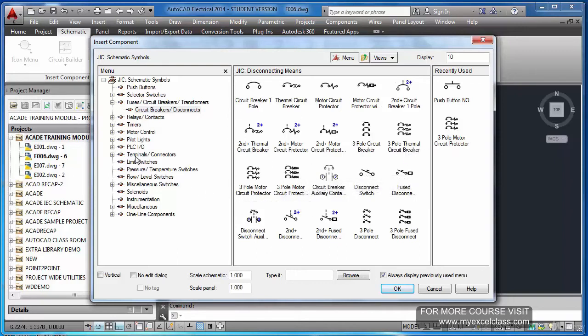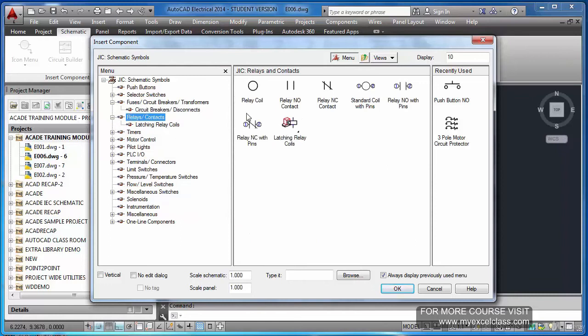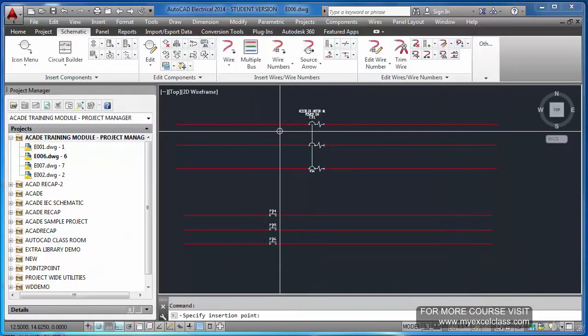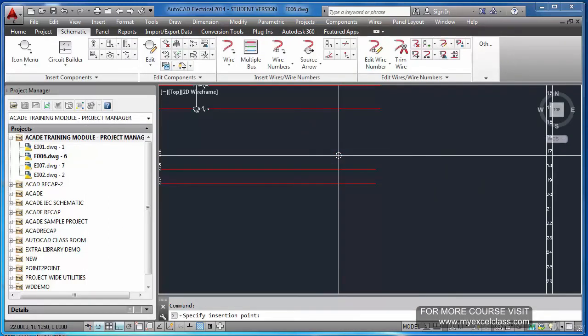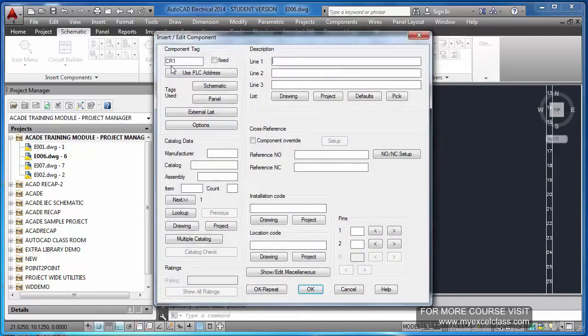Fine. Now I am going to insert a relay. Relays and contacts. It is here. Relays. Now relay coil. I will insert one relay here, that is CR1. In fact, this tagging, CR1, you can change. We will touch on that portion in the coming sessions.